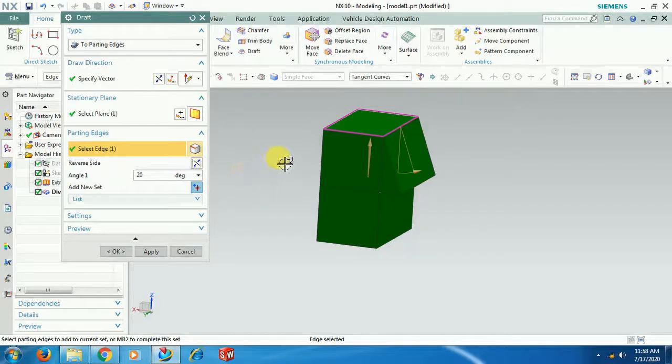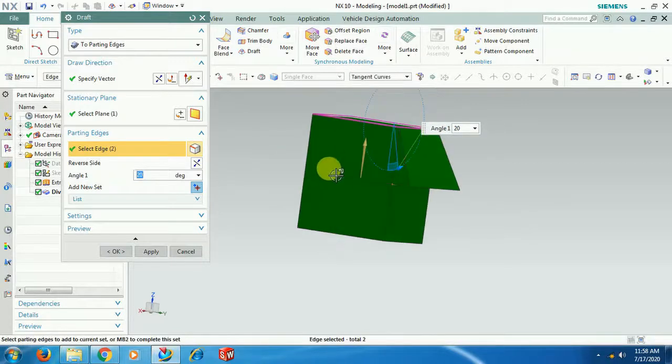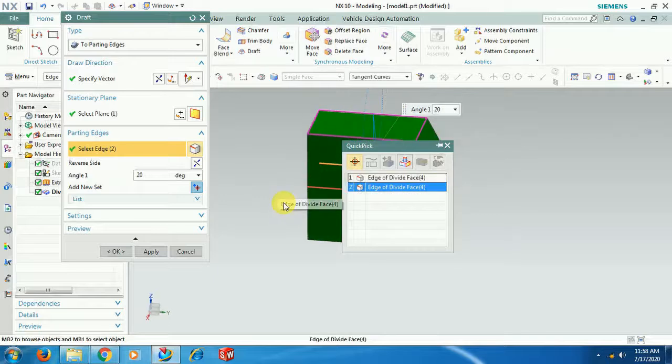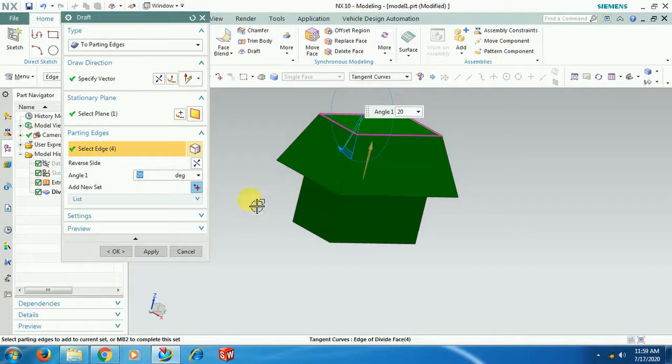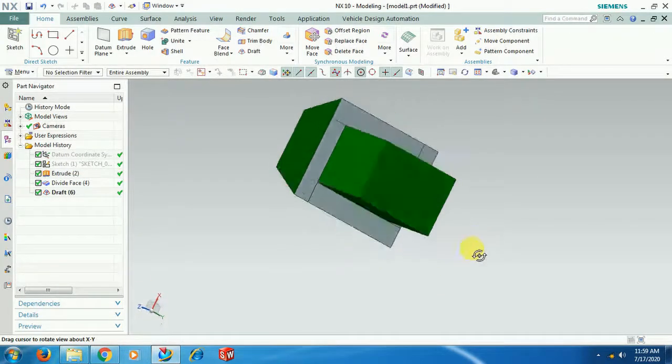Reverse the vector, the outside you will get. See here, this is the first output, 20 degrees. Now parting edge, under parting edge I select all the 4 edges. See here, with a single option, this is one output.